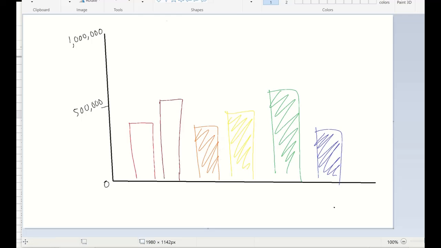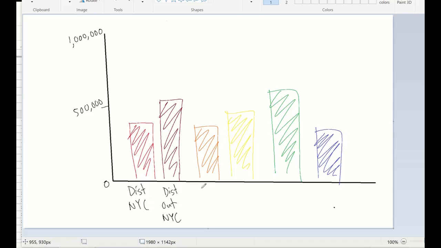and each of the 6 is supposed to represent your different schools, right? And it doesn't have to be in this particular order, but this is going to be, let's say, district in New York City. This is district outside New York City. This is, what was the other one? Charter, I think, yeah. Charter, New York City, charter